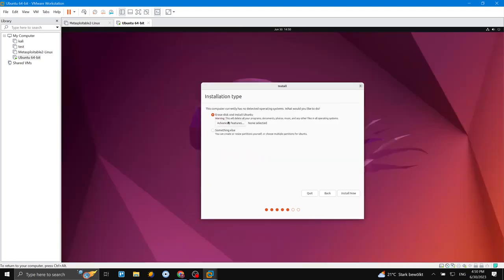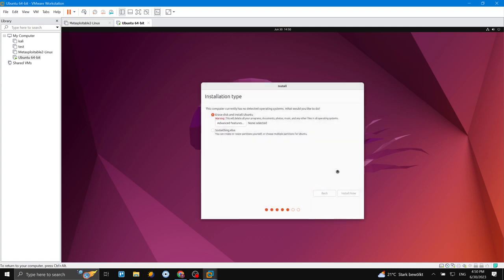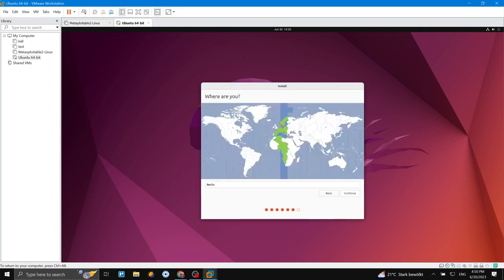So in this step we say erase disk, because we already specified 50 gigabytes and the whole partition can be used. Install now, and now the process of installing your Ubuntu starts. So this is the partition settings. Okay, you can click on continue, and now Berlin time zone is okay,